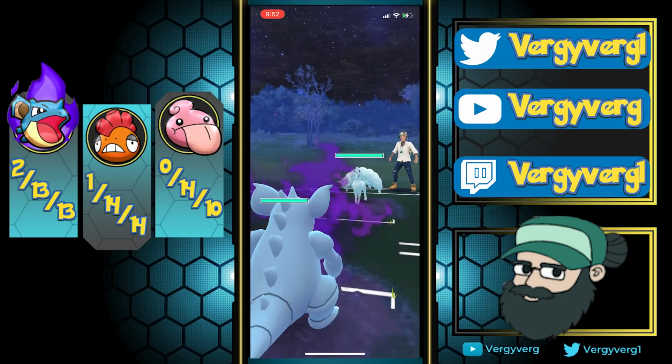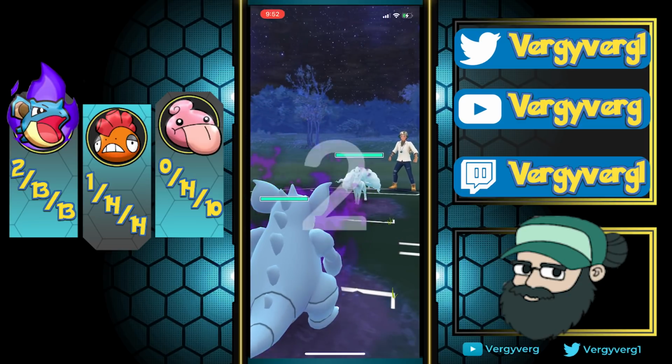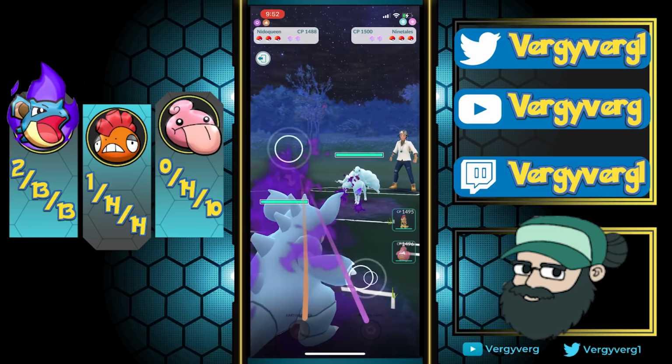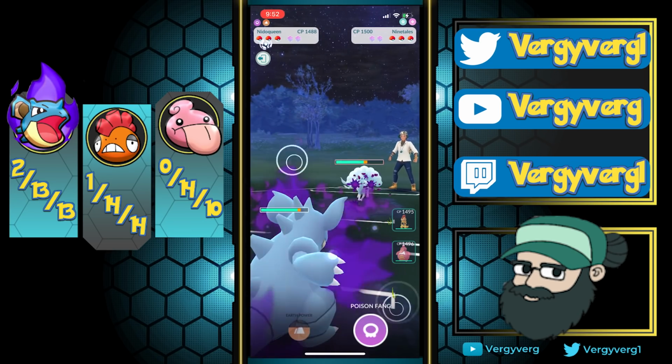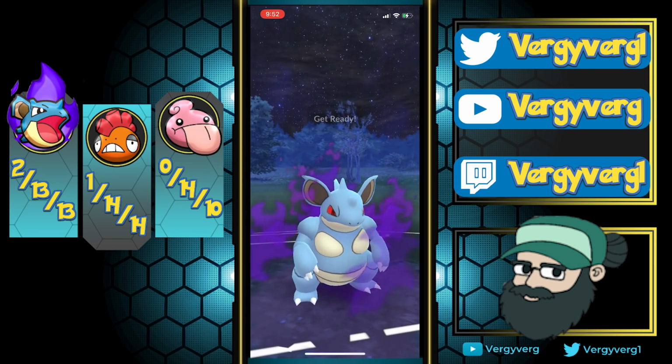All right, Ninetales lead. Really nice. Powder Snow will be a little rough, or more rough, I guess. But it does end up being Charm. And they end up staying in, which is weird. So I end up throwing...